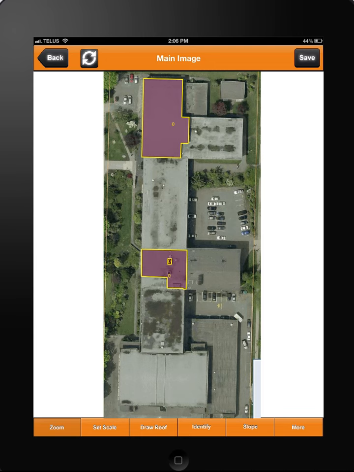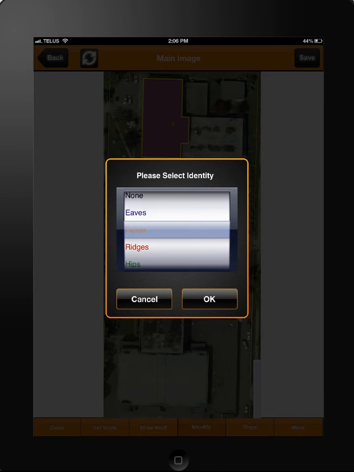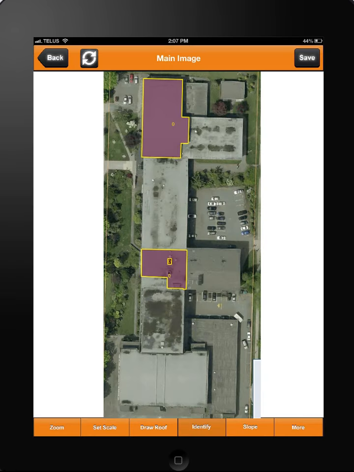Basically, when it comes to doing shingle roofing and you click Identify, you have all of these things here. You have eaves and rakes and ridges and hips and valleys and stuff. And I don't know if you've noticed, but there's also a bunch of details here, detail A, B, C, D, and stuff like that. And the way that I use those is because every parapet on a flat roof is